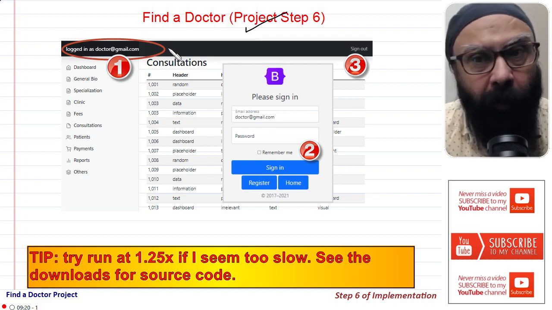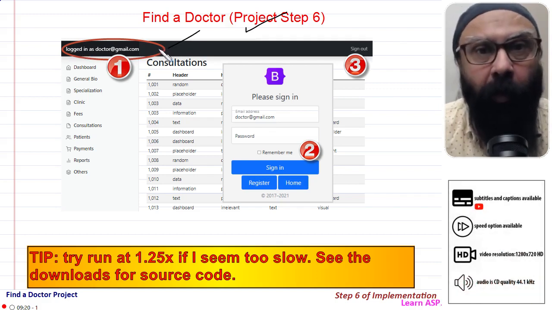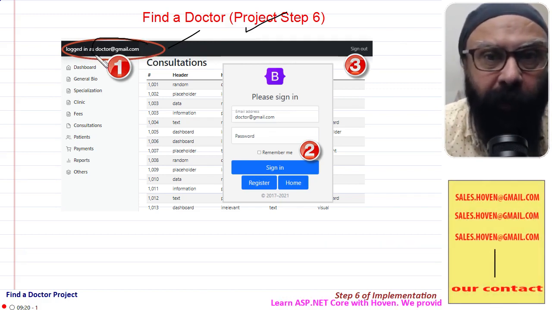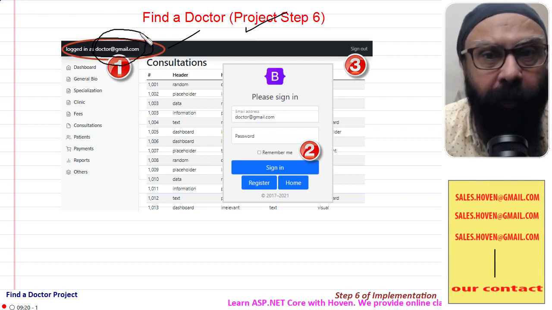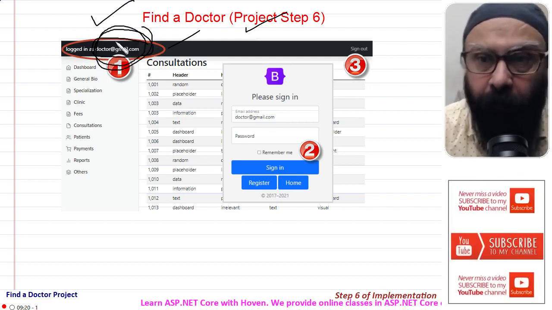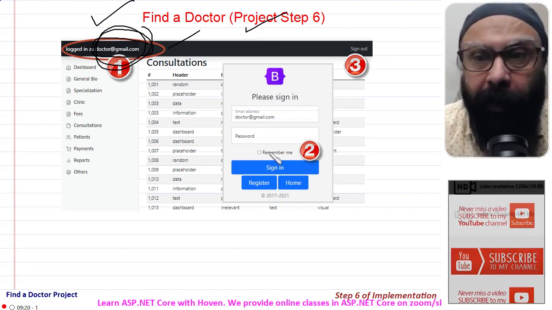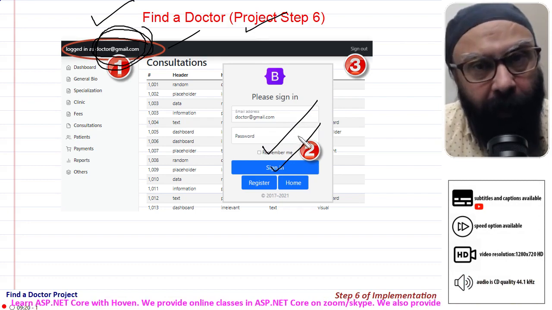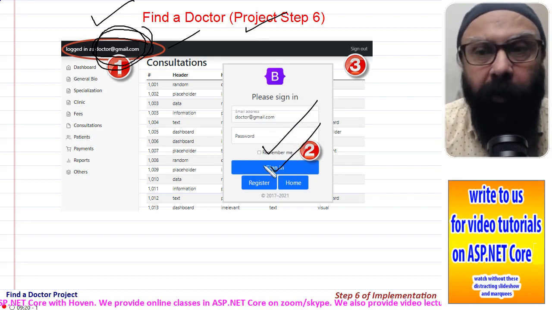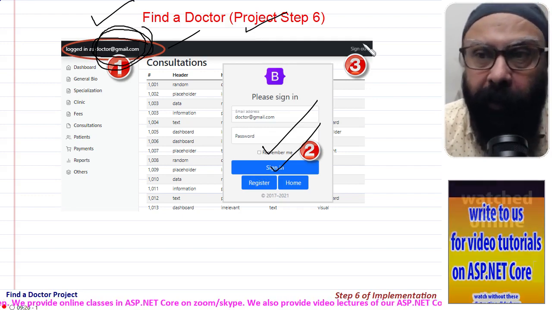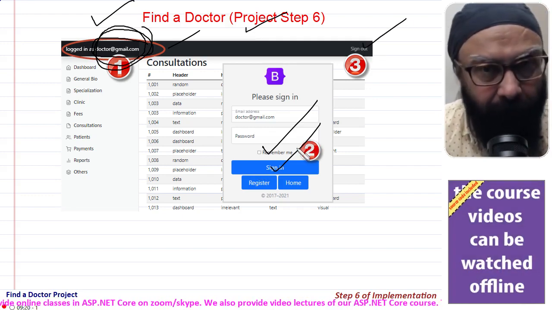At the top header on the home page of a doctor or of a patient, it will show "logged in as". So this information will now be shown on all the pages of the logged-in user. This is one thing we will do. The second thing is that Remember Me will start working. Sign in will also start working correctly. It will store the user information, and sign out will also start working.